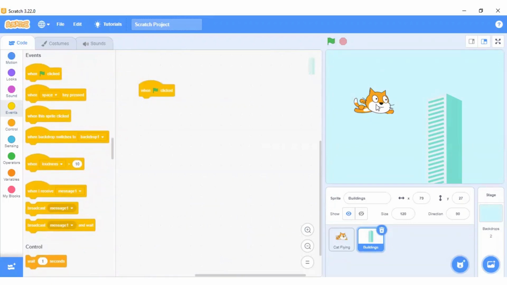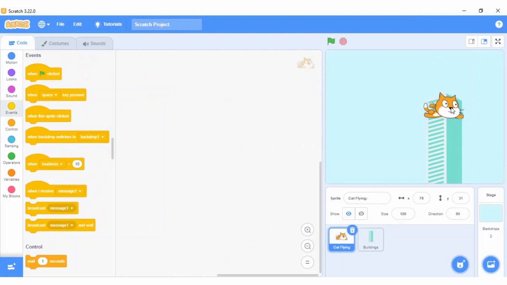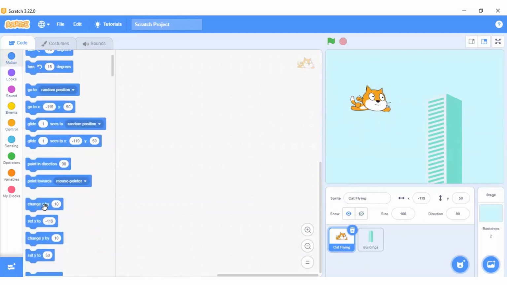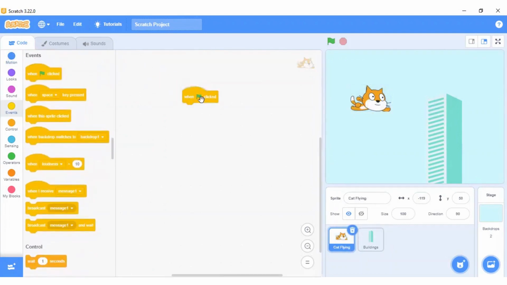Next, if I place this sprite over here, you can see it's already on top. But what happens sometimes is when they are overlapping with each other, this cat sprite might go backwards. So for that, we will code our sprite to always be at the front. So for that, we'll select the cat flying sprite, put the when green flag clicked block, and